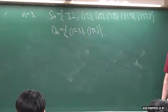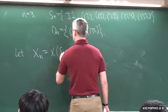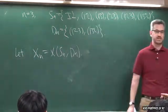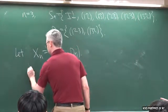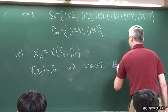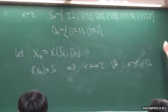So now I want to define a graph. I'm going to let my derangement graph be X_n. This is going to be X(S_n, D_n). This means I'm constructing a Cayley graph for the group S_n, and my connection set is the set D_n. So the vertices are S_n, and sigma is adjacent to tau if and only if sigma tau inverse is a derangement. So again, going back to our example,